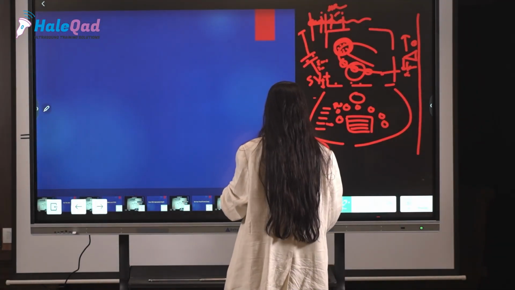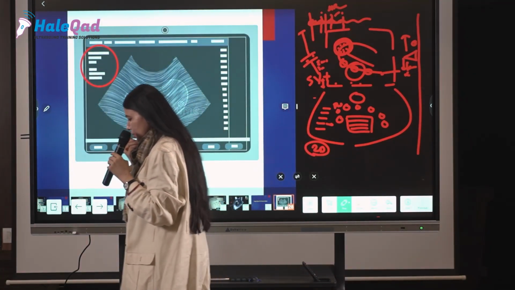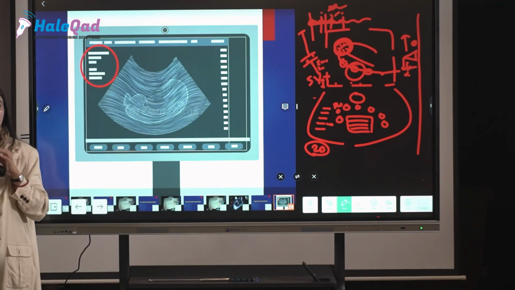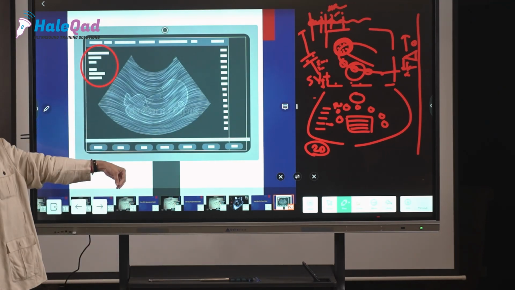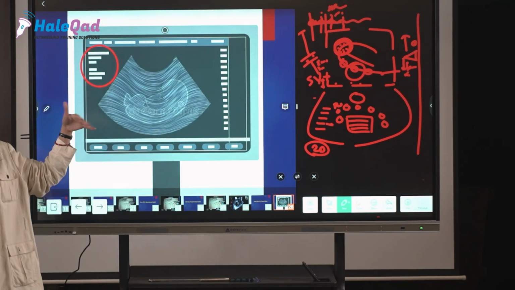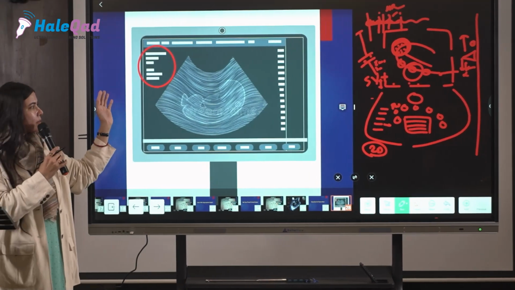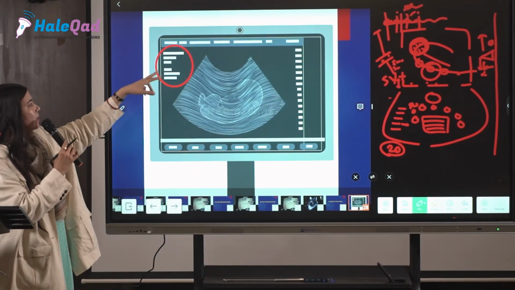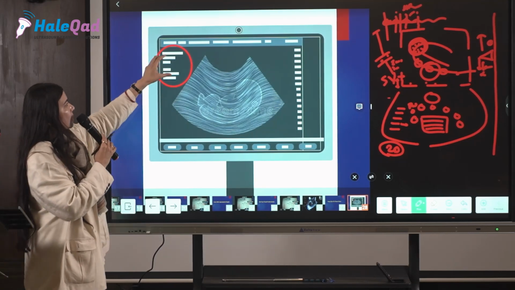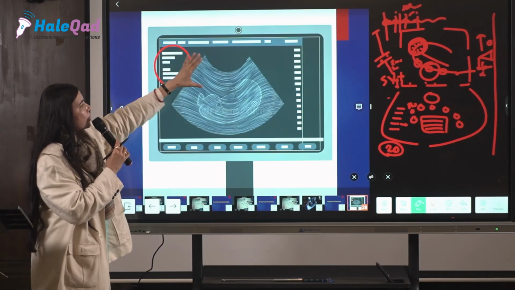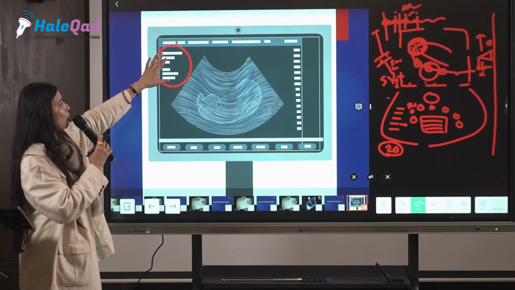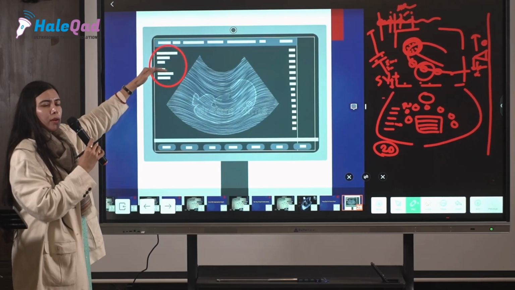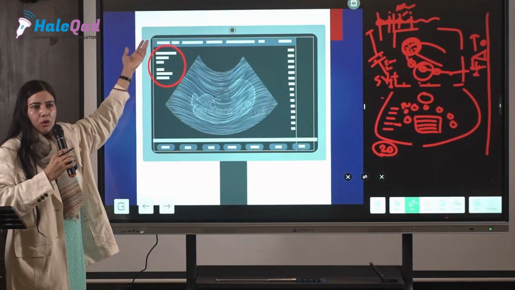Now what is very important is, whenever we are using our machine, most of the time we are very busy, just doing the scan. I have done presets, I have done everything, my monitor is on and everything is coming on screen. Something is written on the right side, something can pop out on the left side, and a few words are written which we don't know what they are.